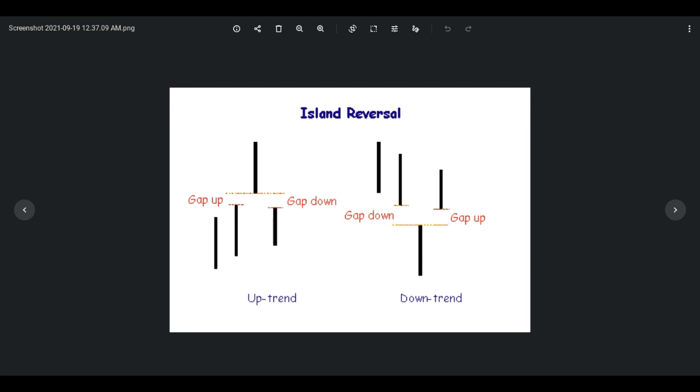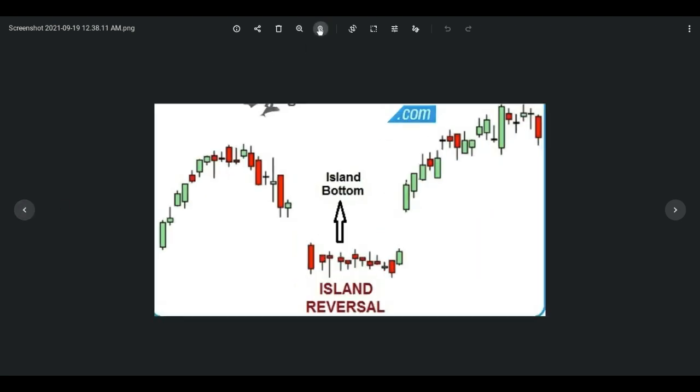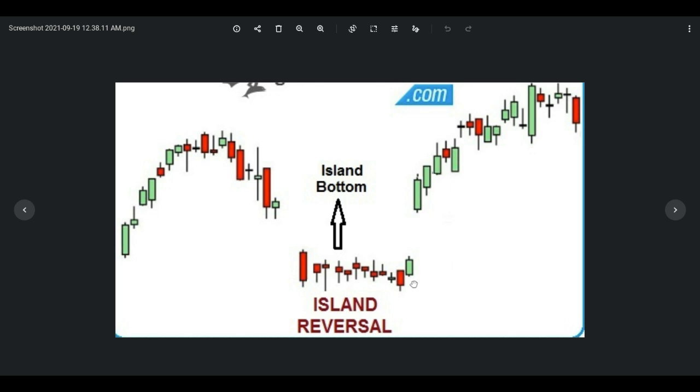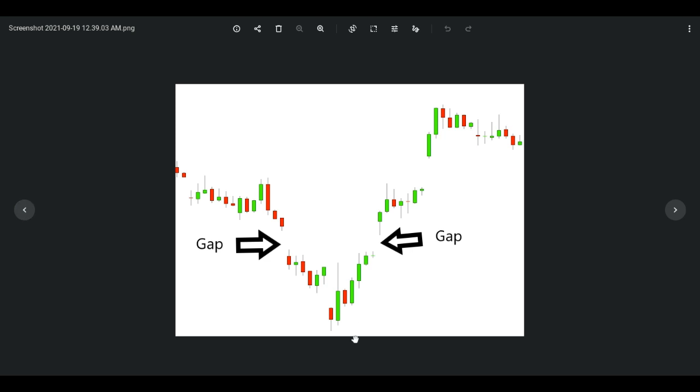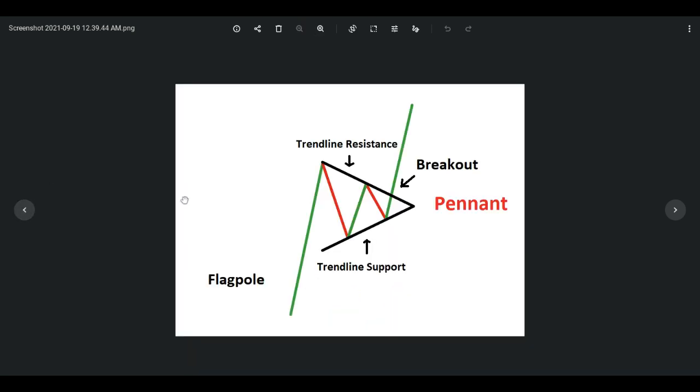And so what you're looking at is how it would appear on the chart. This is also showing you what it would look like on the chart, including those gaps. This is also, again, what it would look like with the gaps in the chart. The next pattern